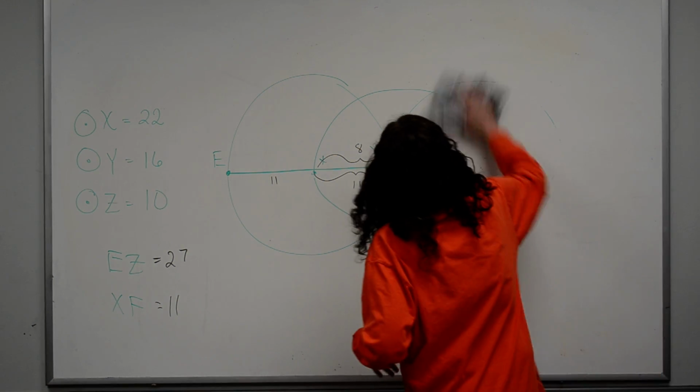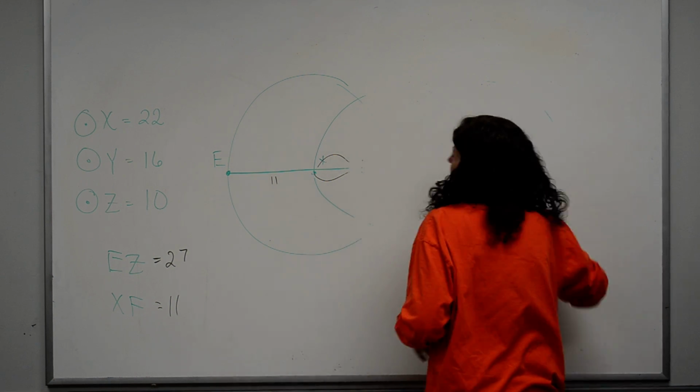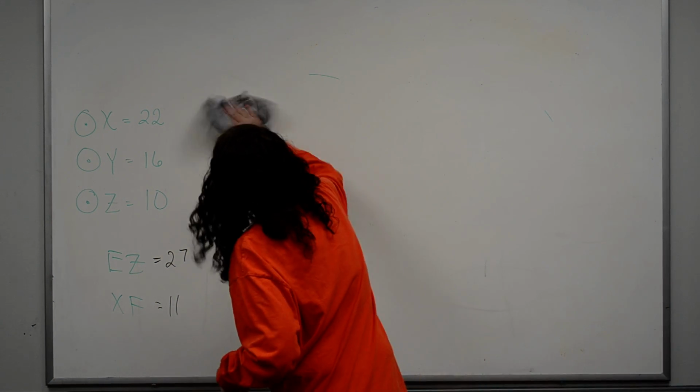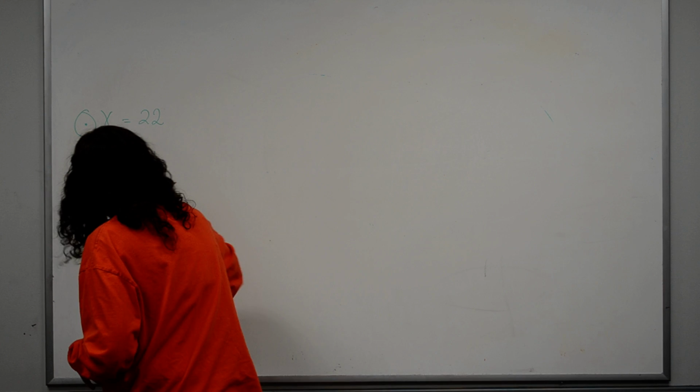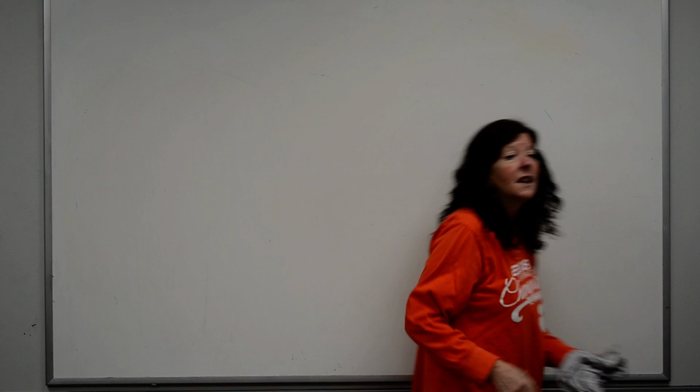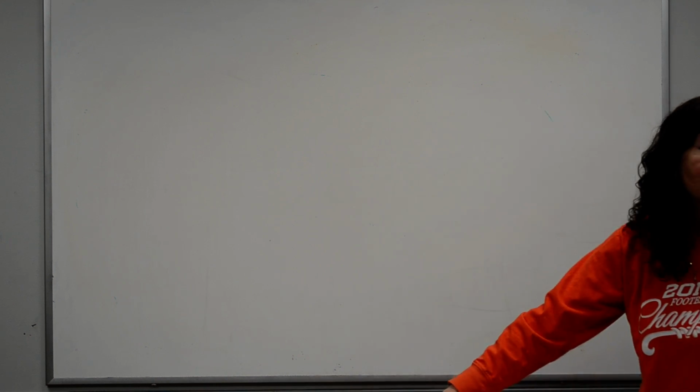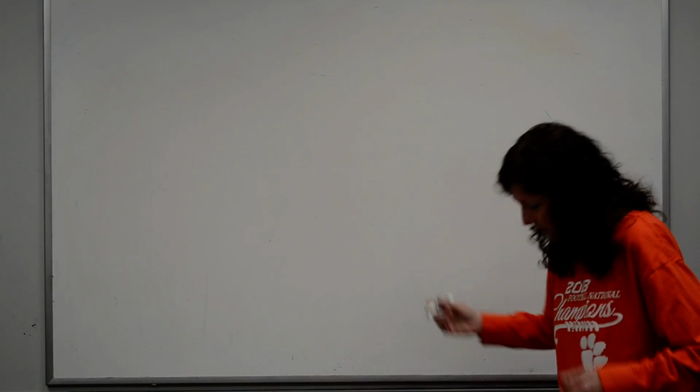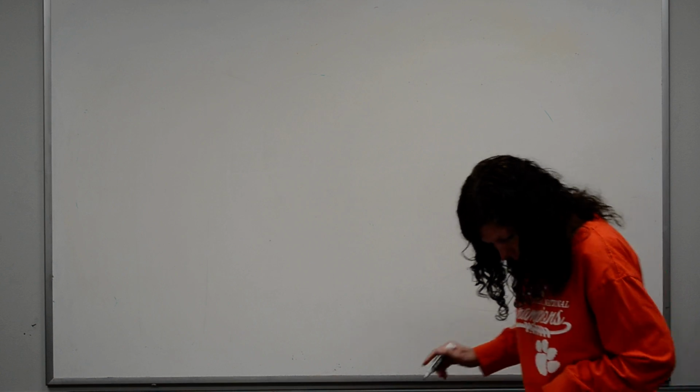Then they're gonna ask you some stuff going backwards as far as circumference and stuff. Sometimes they're gonna give you the radius, sometimes they're gonna give you the diameter, and sometimes they're gonna give you the circumference. And you've got to find whatever else you're looking for. So let's say,